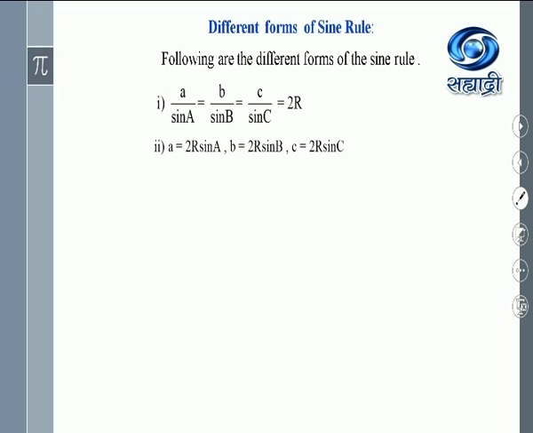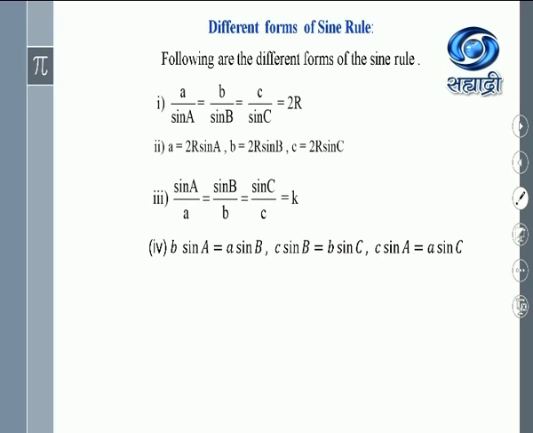So this is the second form you have to remember, and as I told you, it is useful while trying the sums. Now, the next. We consider the reciprocal, or we take invertendo. So that is sine A upon a is equal to sine B upon b is equal to sine C upon c. As I told you, this is the constant, and the reciprocal of a constant is again a constant. So while trying the sums, you may replace k by 1 upon 2R or keep the constant k as it is. Clear?